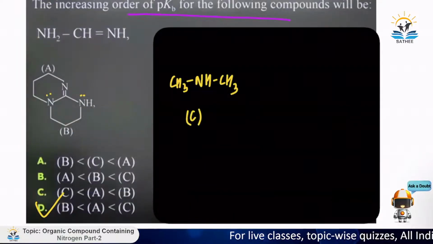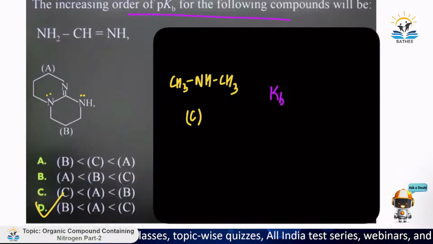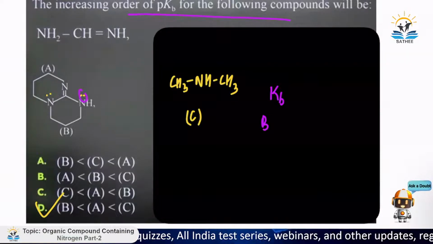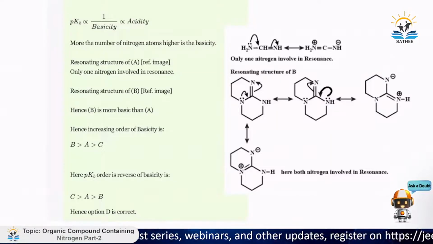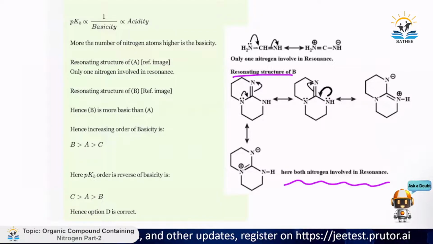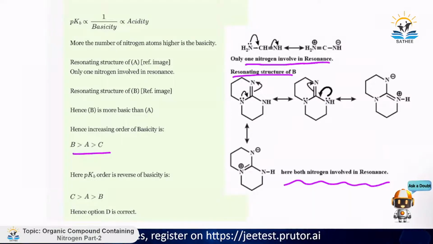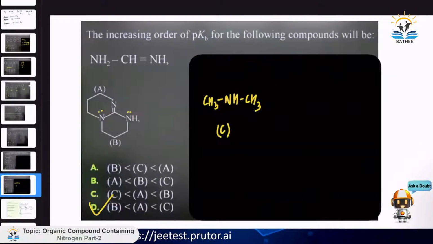Now increasing order of pKb for the following compounds. Again pKb. So first we have to arrange them in the order of basic strength. So order of basic strength: in B the electrons are involved in resonance and here also electrons are involved in resonance. What we have to see is that in the resonating structure of B, both nitrogens are involved in resonance, whereas in this case, only one nitrogen is involved in resonance. So the order of basicity will be